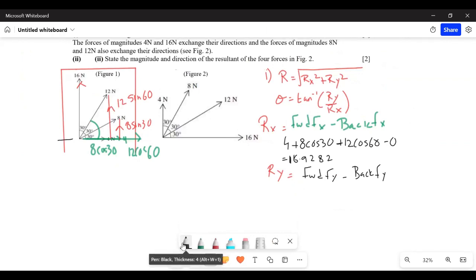Okay. So Ry would be, there's a 16 Newton upward force. There's a 12 sine 60 upward force. And then there's an 8 sine 30 upward force. And there's no downward y force in this question. So that's going to be 0. Okay. So Ry is coming out to be 16 plus 12 times sine 60 plus 8 times sine 30. That's giving me